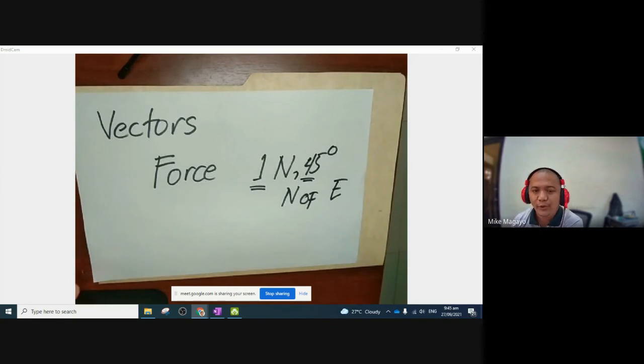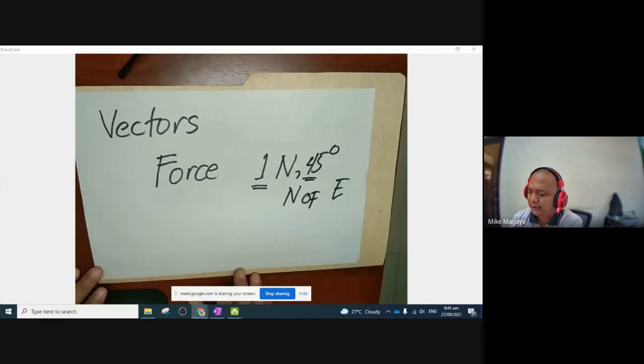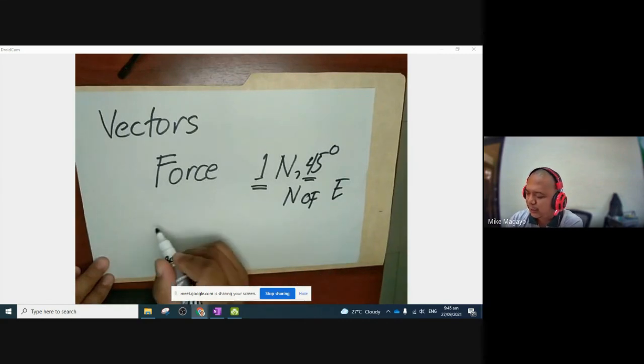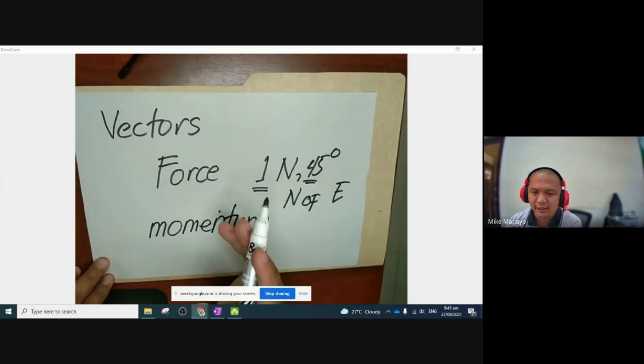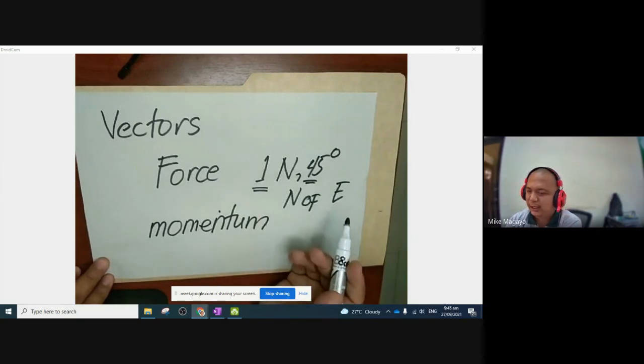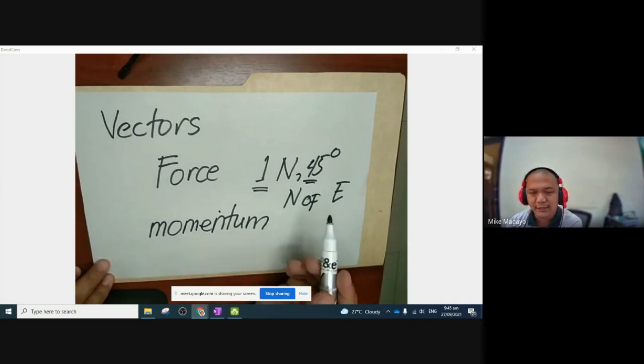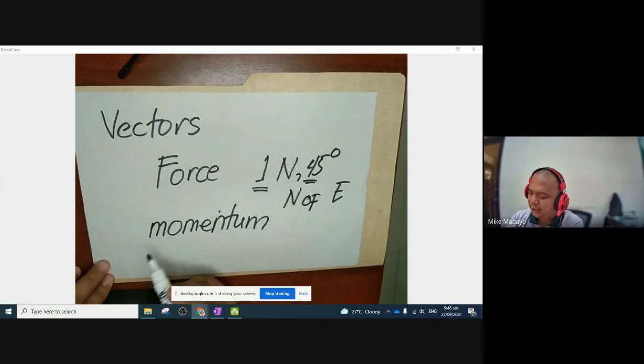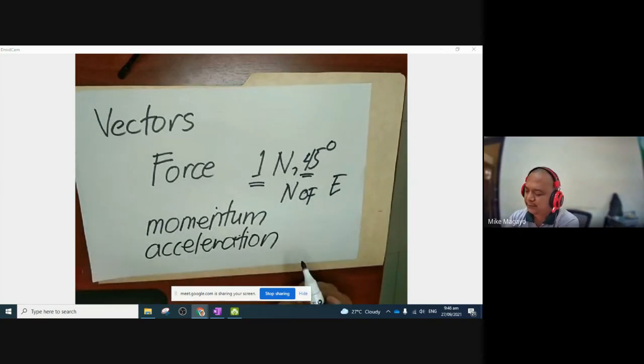Another common vector quantity that we deal with in physics is momentum. Later, we will have the specific units. Let's just enumerate some common physical quantities that we consider vectors here. We could also have acceleration, displacement,